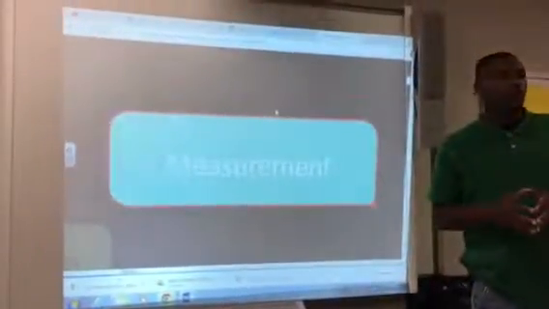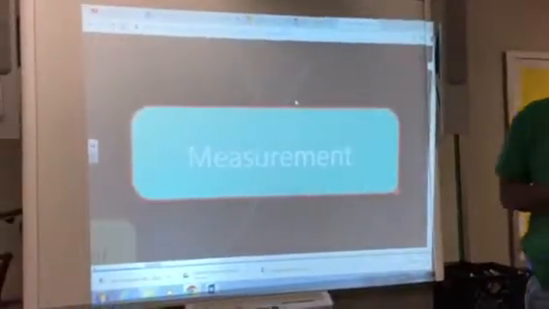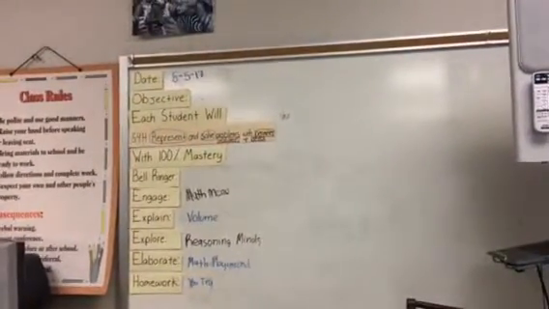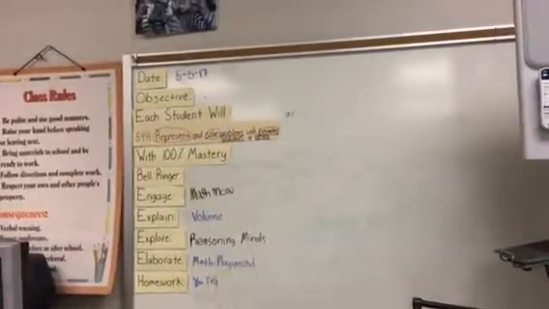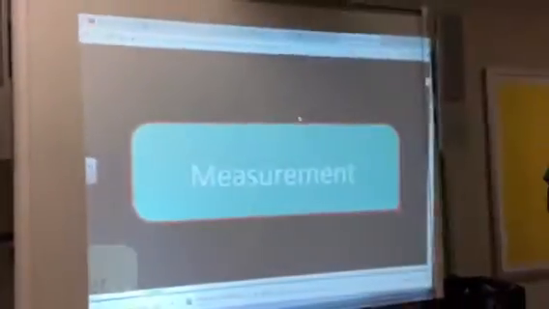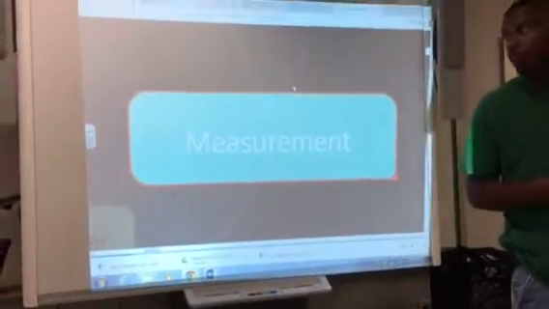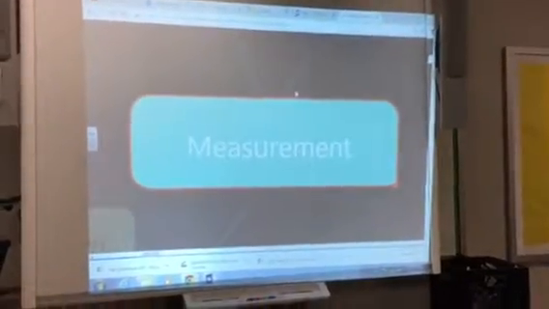Okay, could I get someone to please raise your hand and read the objective for today? Jason. Represent and solve problems with perimeter, volume, and area. Yes, so today, before we leave, everyone will learn how to represent and solve problems using perimeter, area, and